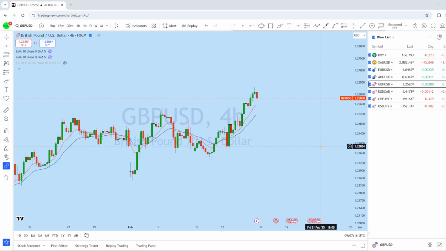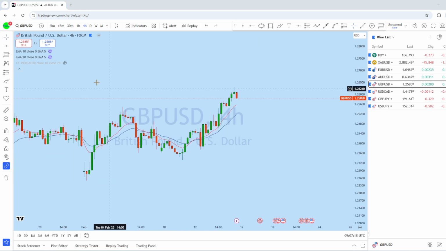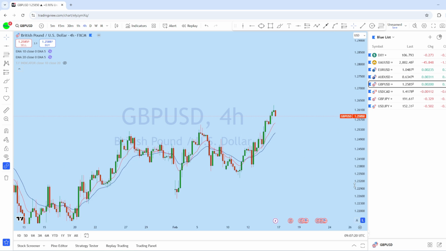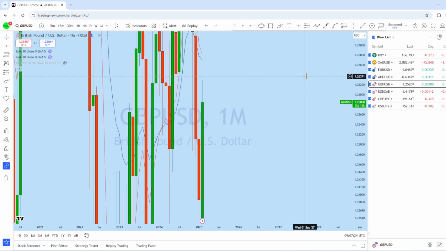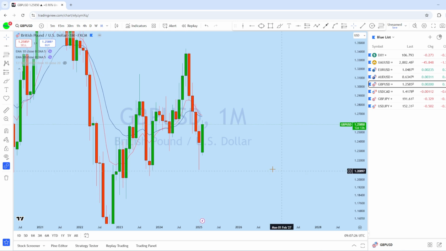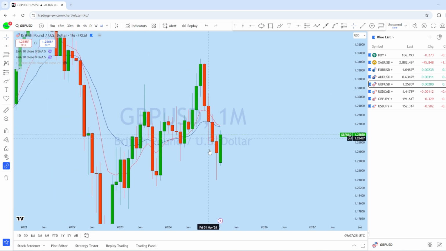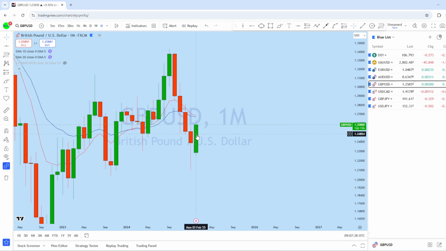Now let's look at GBP USD. Let's see what kind of trading opportunity we have in this instrument. Now looking at British Pound US Dollar, from the monthly perspective on GBP USD, this is a strongly bull market. Starting from here, there was a big drop with a long wick rejection, followed by this monthly price action where the market has formed a bullish engulfer.